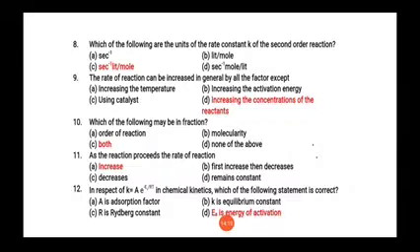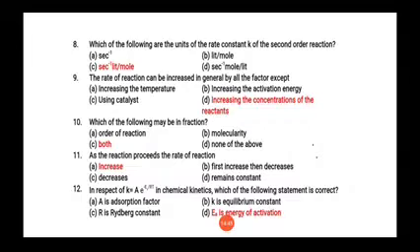Question number 10. Which of the following may be a fraction? Options are order of reaction, molecularity, both, none of the above. So we all know that both order of reaction and molecularity can be in fraction, as we have discussed in one of the MCQs, that the order of reaction is 1.5, that is H2 plus Br2 gives 2HBr. Similarly, molecularity can be in fraction. So the correct option is option number C, both.